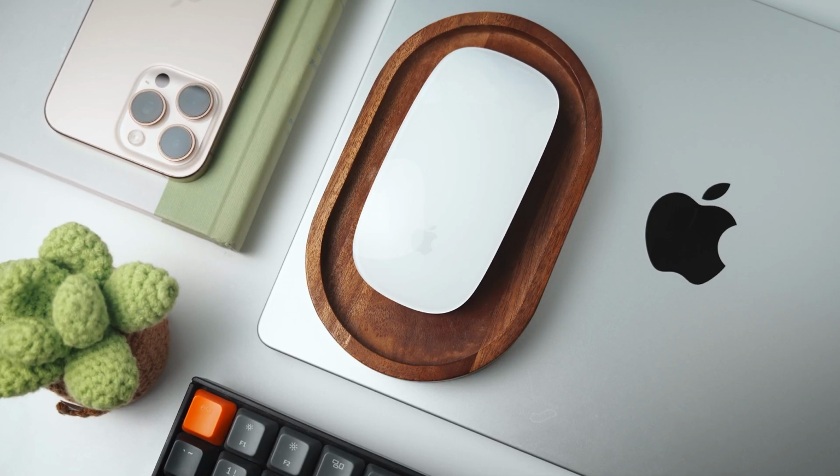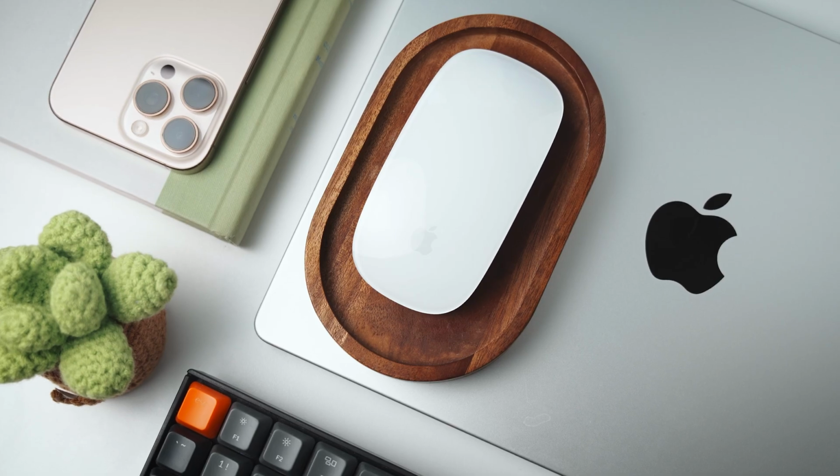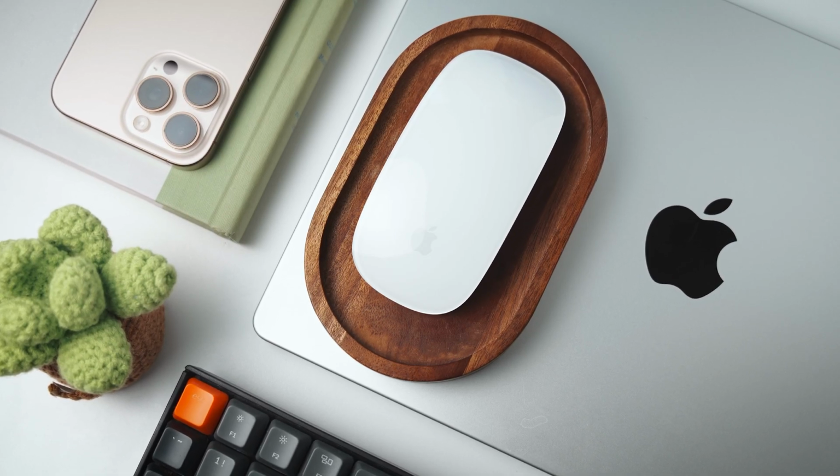Because when I use an Apple product, I expect it to integrate really well with other Apple products I own. I have a Mac, an iPad, and an iPhone. I want to switch quickly between my Mac and my iPad with the mouse. That doesn't work. So what is the point of me using a Magic Mouse if I cannot do that? Anyway,